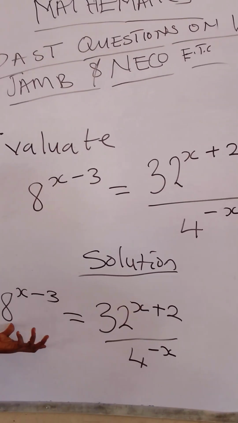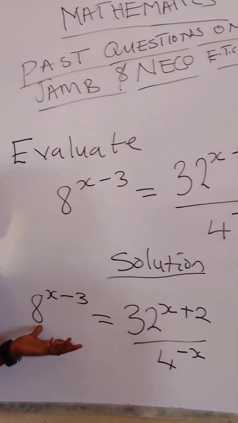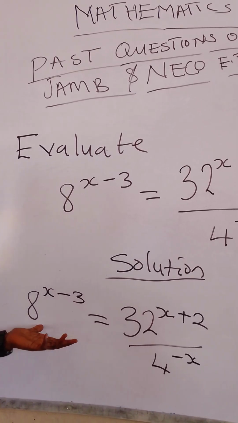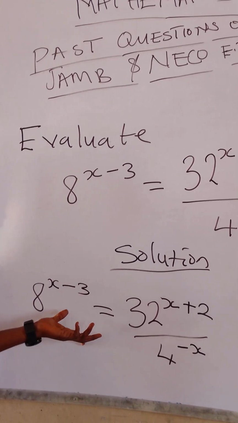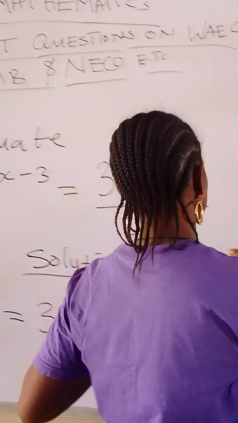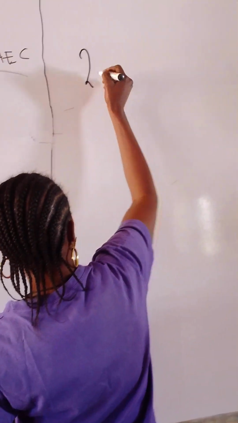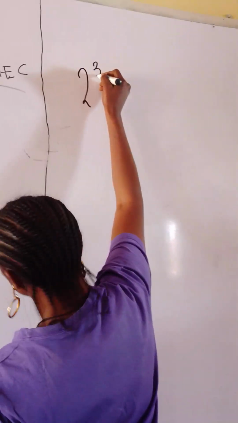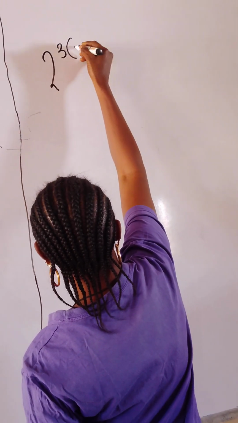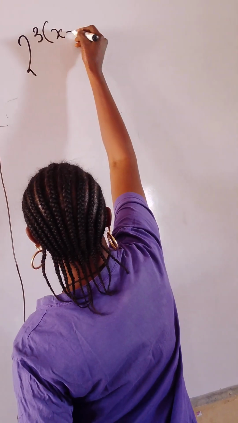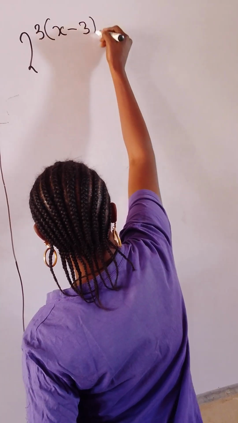We said that 2 times 2 times 2, 3 times, will give us 8, and the word index means power. The first step, you say 2 raised to the power of 3 into the bracket of x minus 3, bracket close,